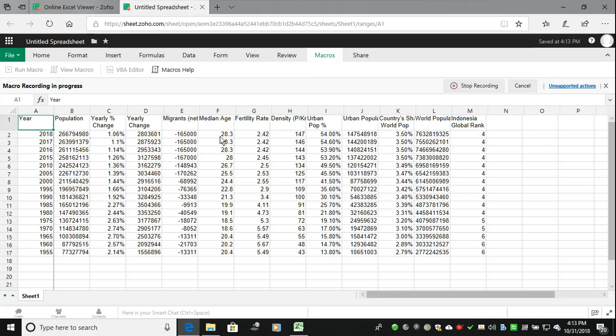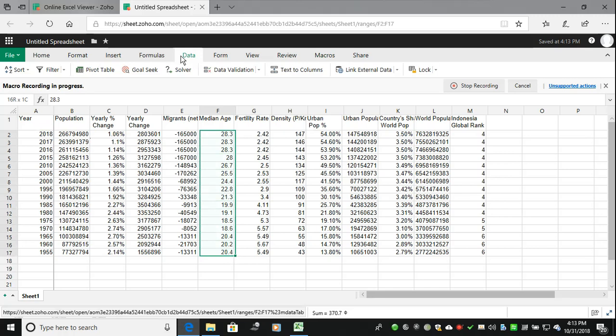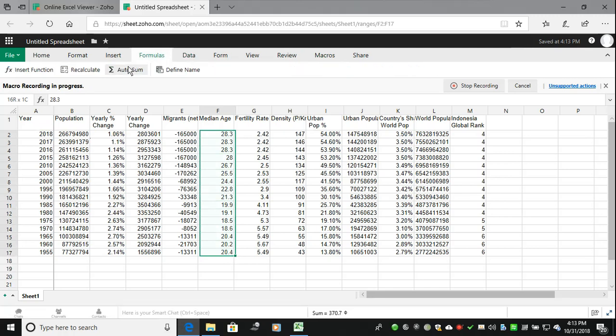So here, I want to do AutoSum. I want to click Formula and AutoSum. Sorry, AutoSum.